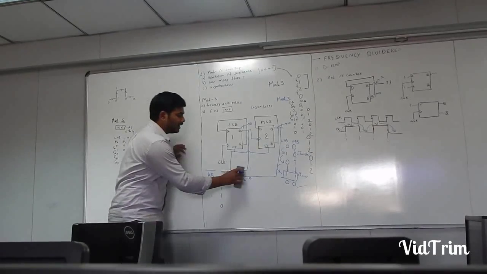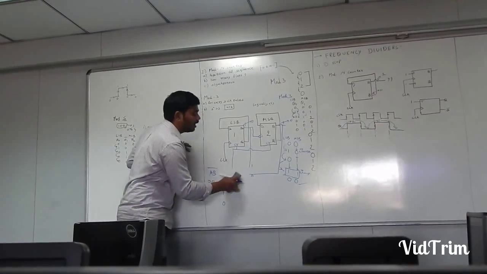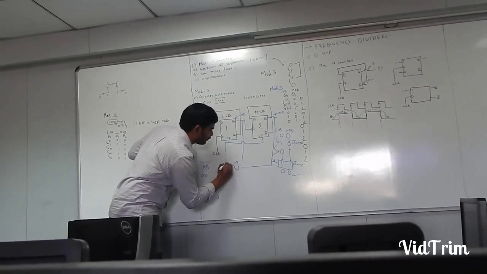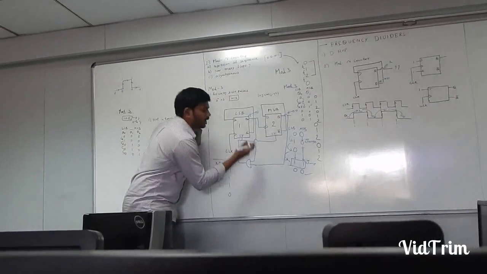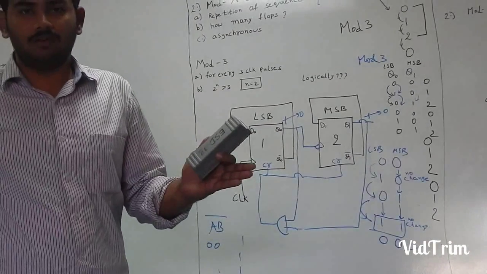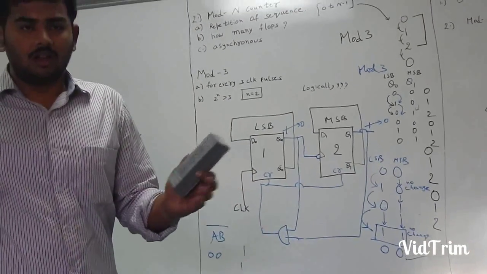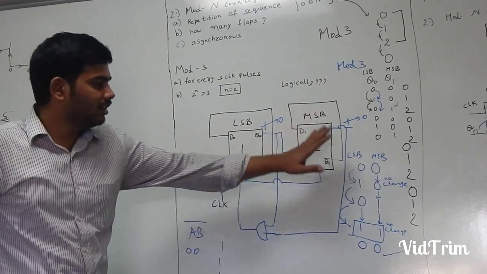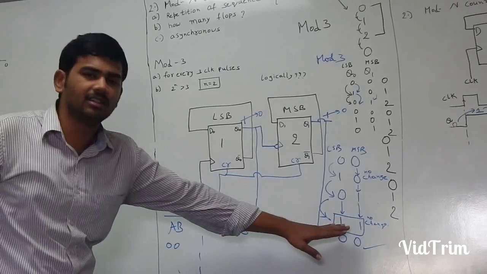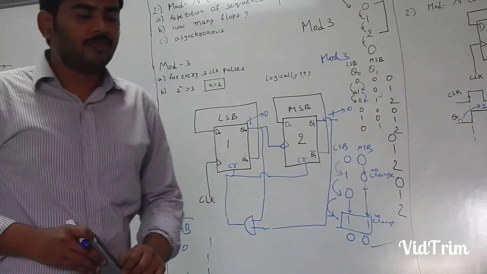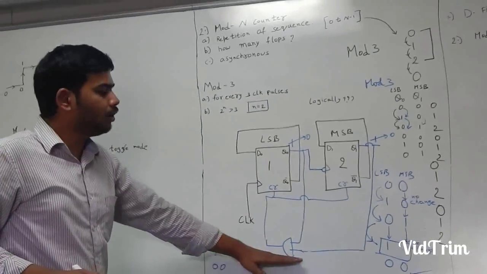See, now I tried with all gates and I came to the conclusion that obviously if I keep the AND gate only, it will work perfectly. See, there could be n number of ways. But here, using a basic gate and making a counter, after reaching the final state, again clearing it is an important task in this. And please do follow this method.